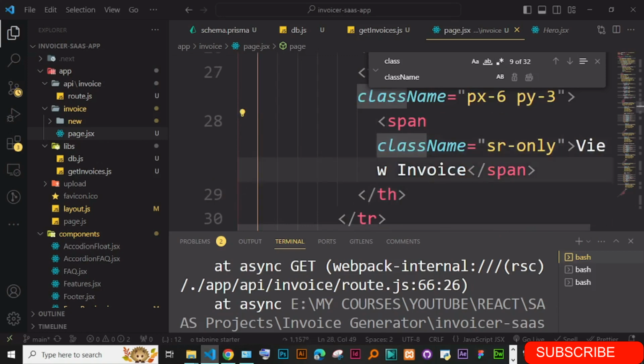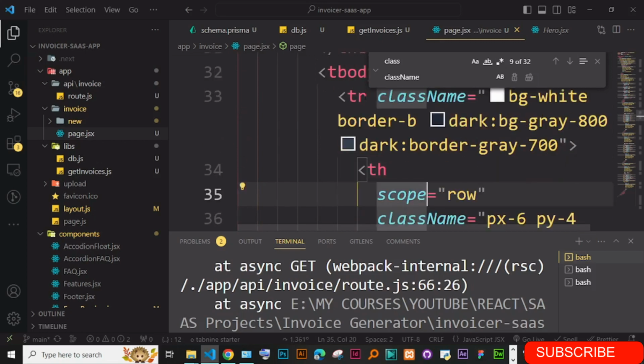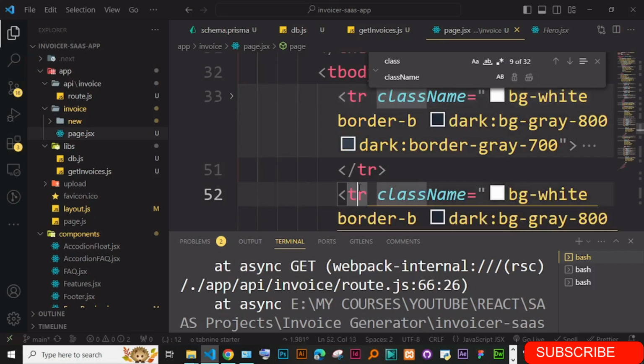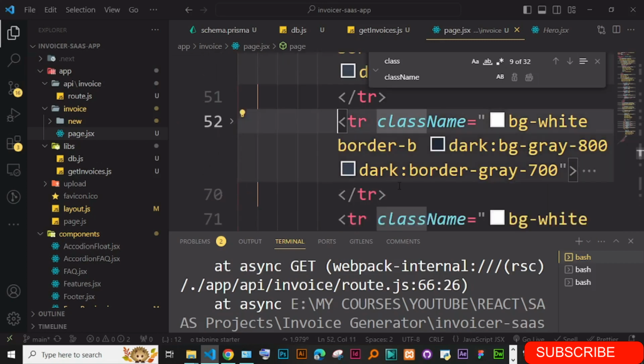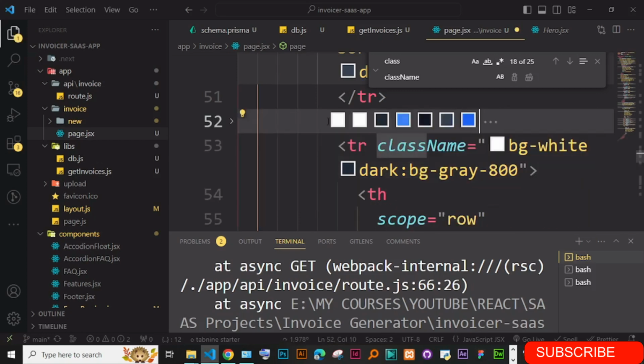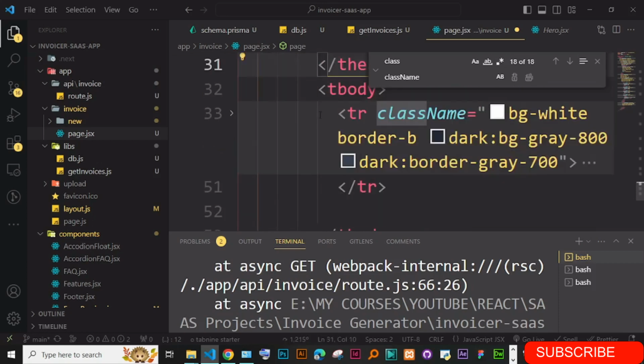This one is not seen. Okay, so just go ahead and change these ones. So just leave only one row. Other rows we are going to remove them since we are going to map through our data. So remove these ones, remove these here, and let's just have